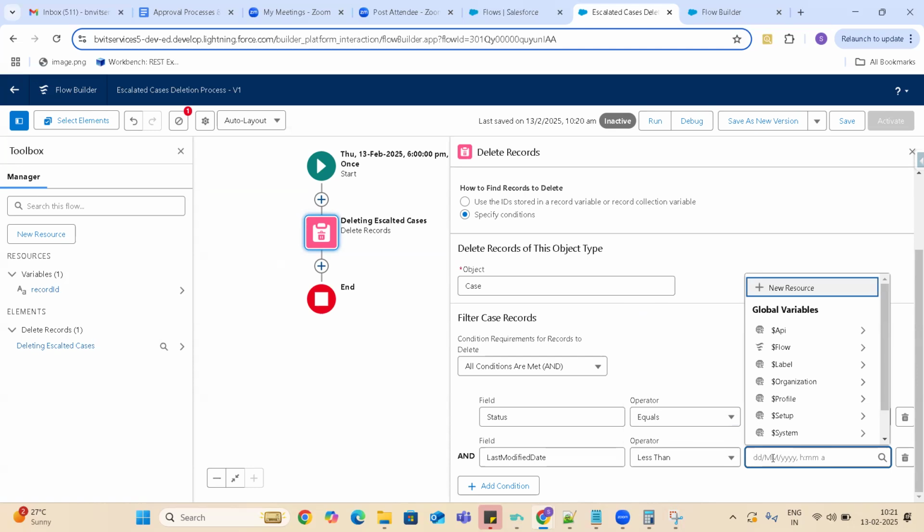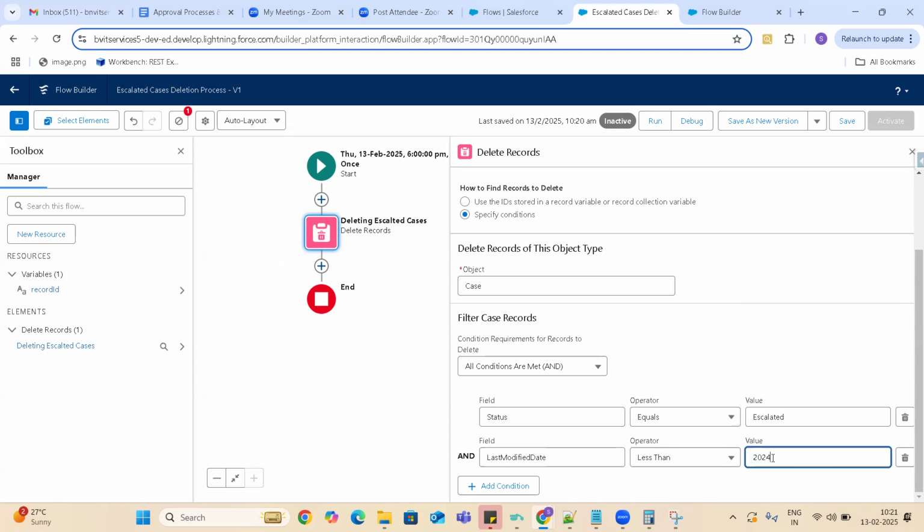Let us assume it is less than or equal to 2024 June 1st. Any cases which are older than June 2024, and the status is escalated. It has been 6 months, no action has been taken, right? That means it's not required to maintain it in the database. So these are all simple criteria, guys. We need not bother about these criteria. At the time of requirements, the customers themselves tell us those criteria. We just need to know how to configure them.